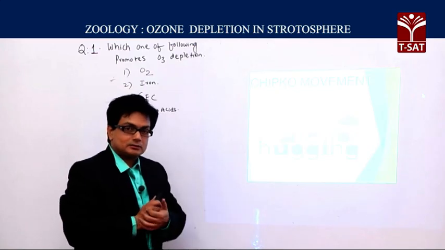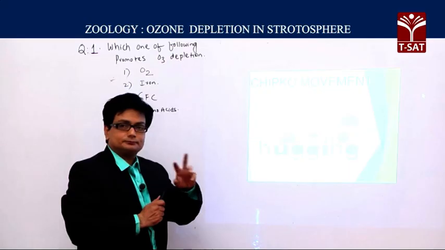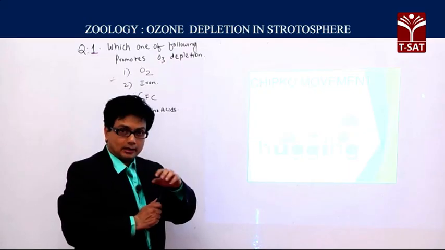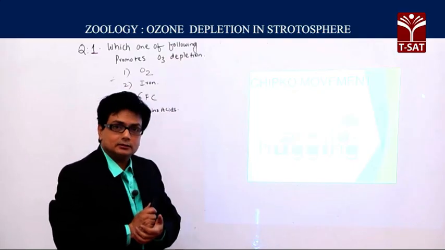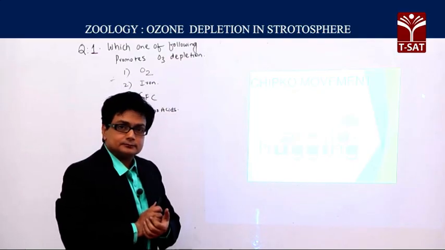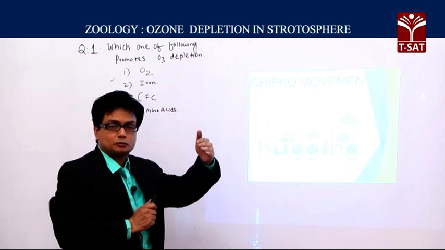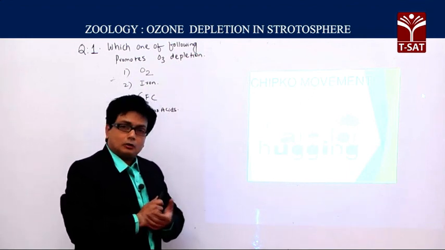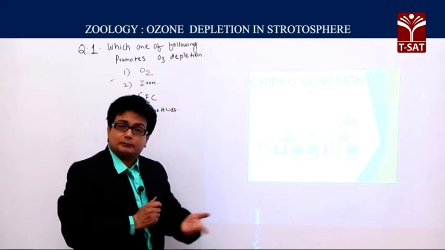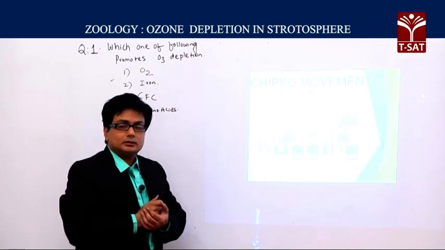You all know Cl plus O3 gives ClO and oxygen. So ozone becomes oxygen at the higher levels below the stratosphere, near the ionosphere, and oxygen is a very vital gas released from the plants. So it plays no role in